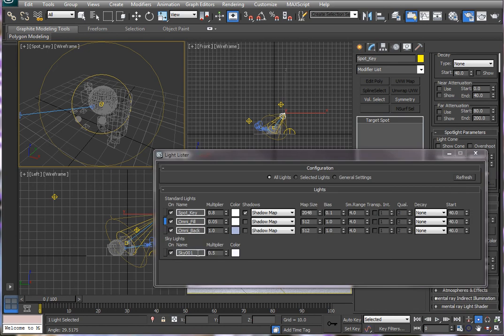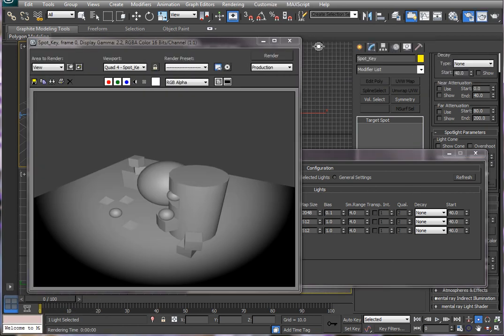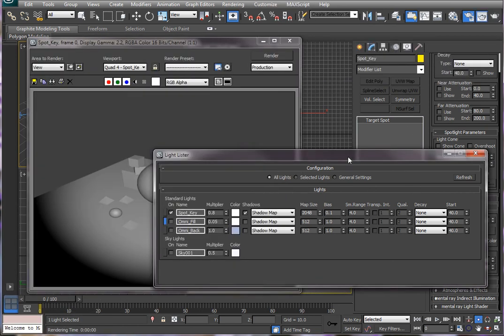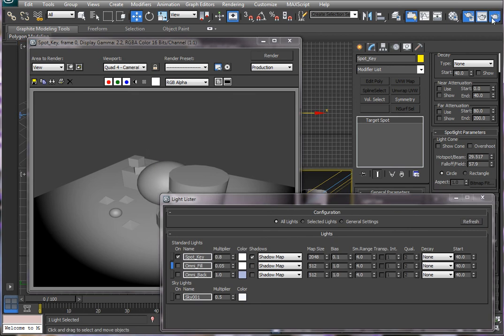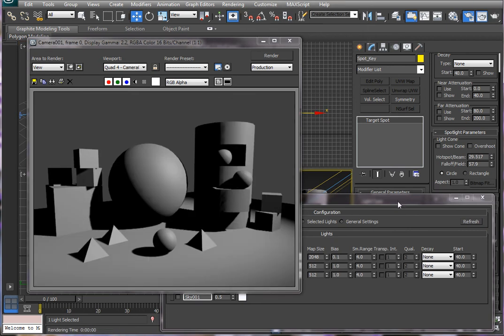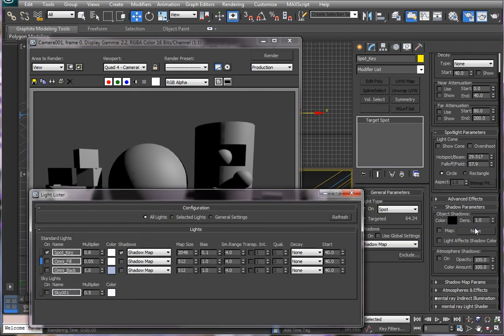And a couple final notes. We're going to turn off everything but the key light, the spotlight. Let's make sure we render the correct view that we are using. This is just the spotlight. Some things to note about the spotlight is by default the density of the shadow is 1 and the color of the shadow is dark black. It is full 000